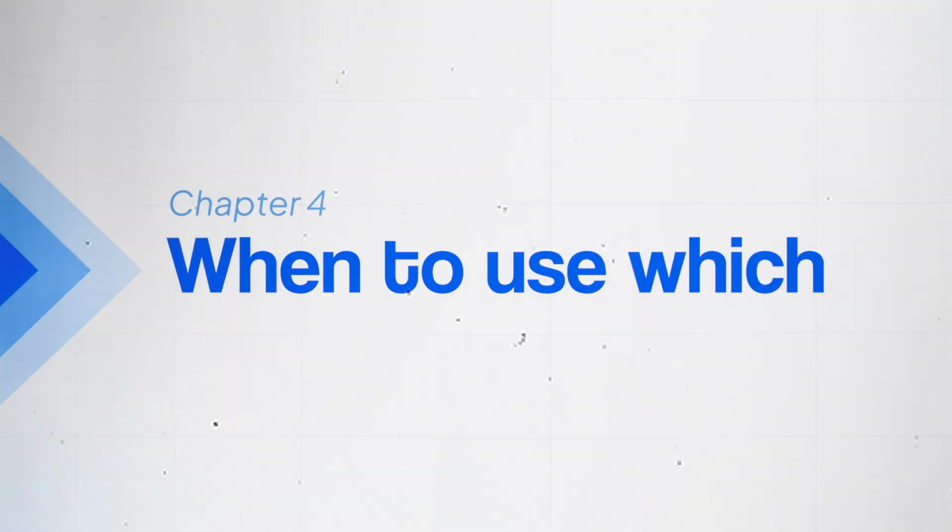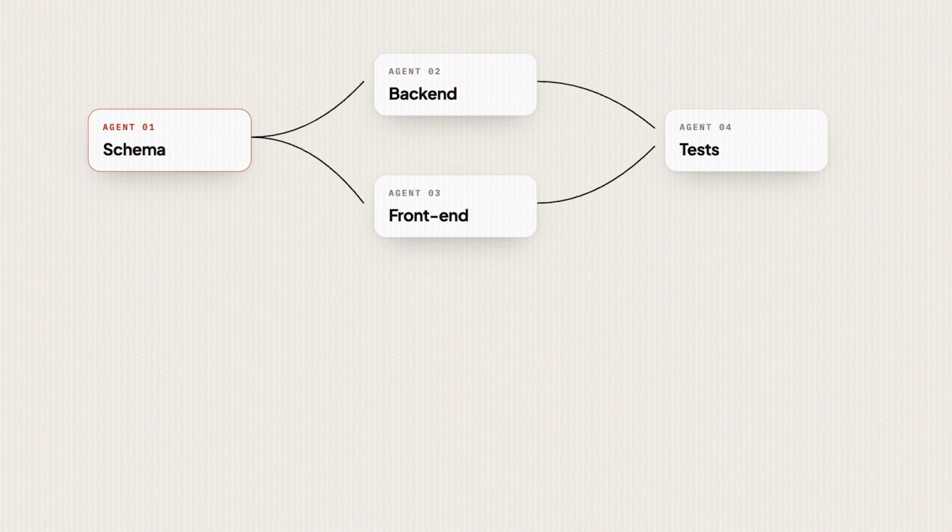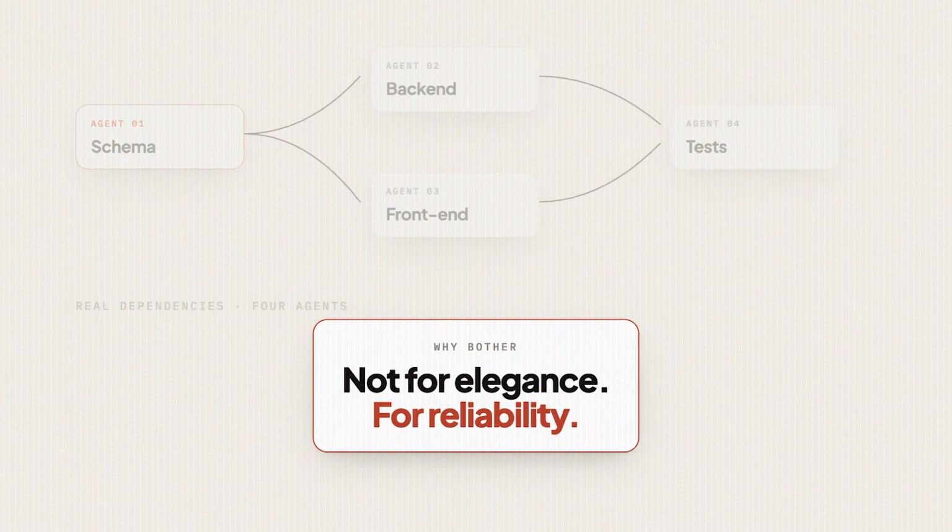Simple version, if it's a repeating task with a finish line, it is a loop, one agent. If it's a job with real dependencies that rely on each other, I would call it a graph, right? Multiple agents. And the reason for the second one isn't because of elegance or because it's cool, right? Each agent starts clean and it does one job and hands over a finished result instead of everything it waded through to get there.